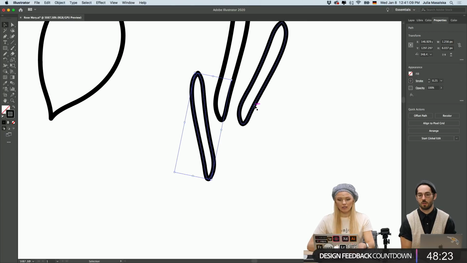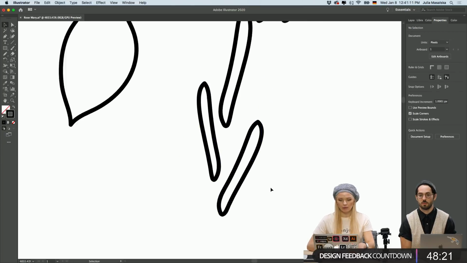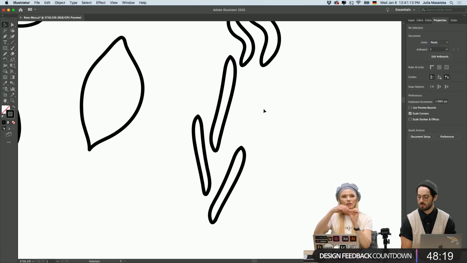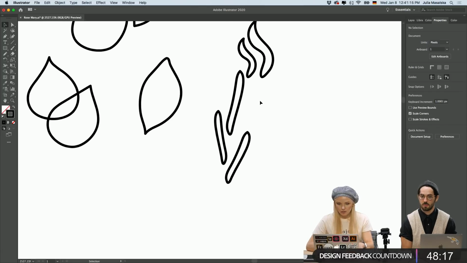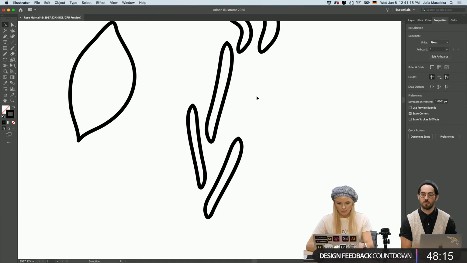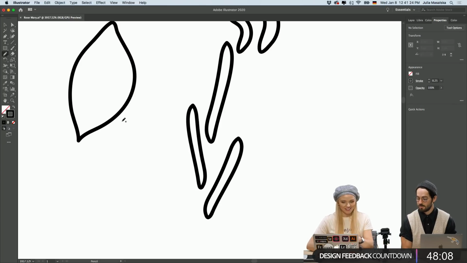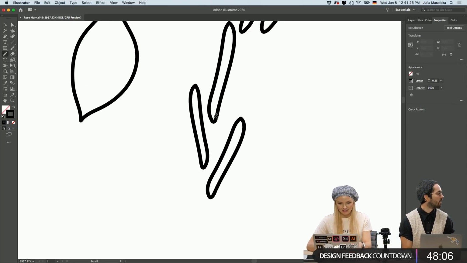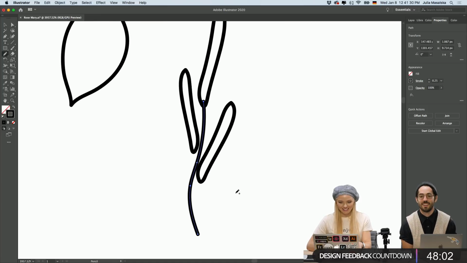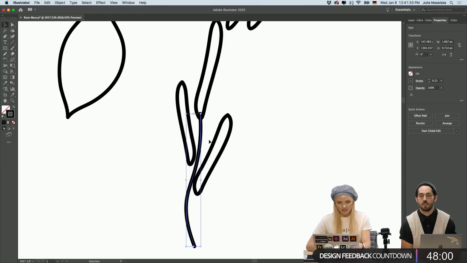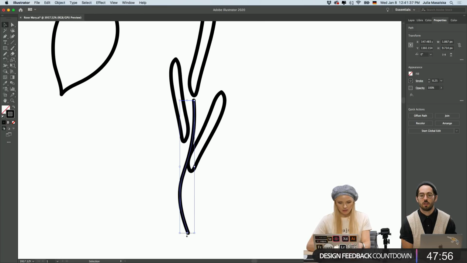I'm just trying to recreate the rosemary shape right now. So rosemary has these long leaves, so I'm just trying to get this into my logo. I love that. You also have sort of a similar sketch you've explored. Yeah, exactly. I would show you, but I can't switch right now. So I'm gonna use this as a graphic element in a little bit. Just gonna build it out a little bit.